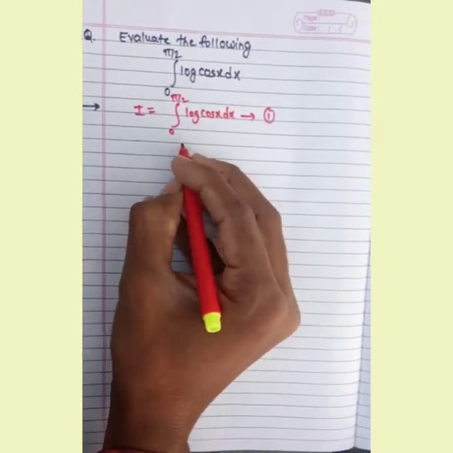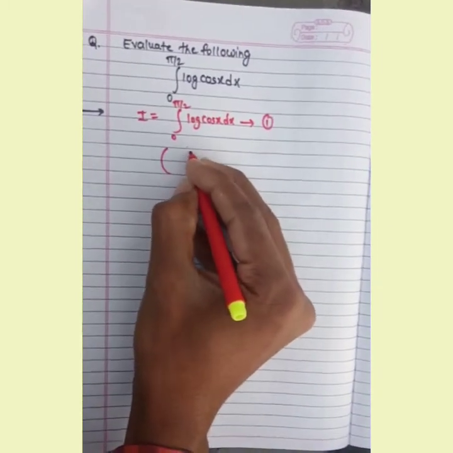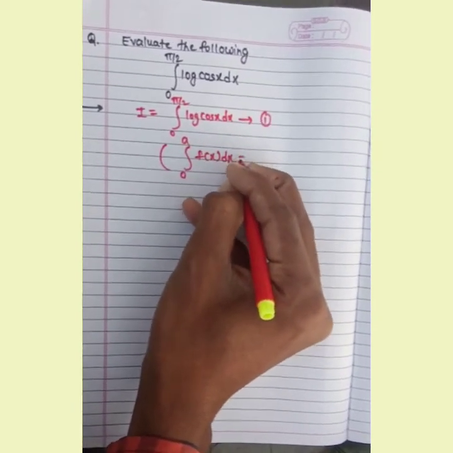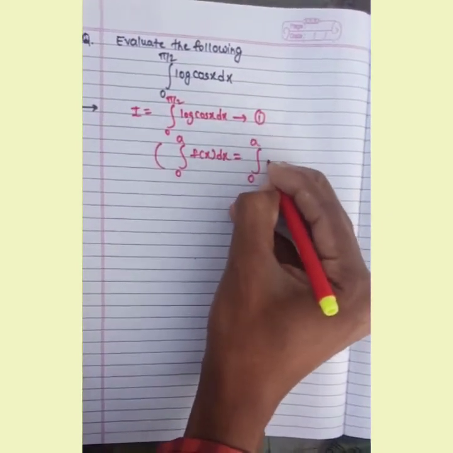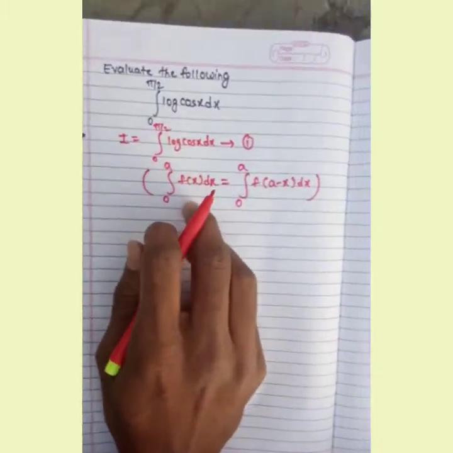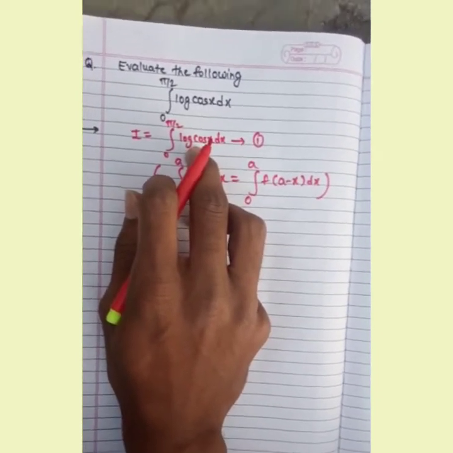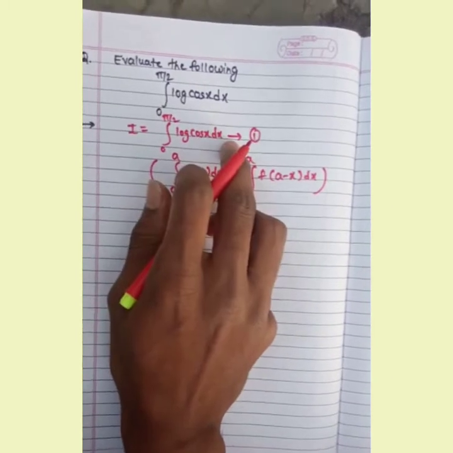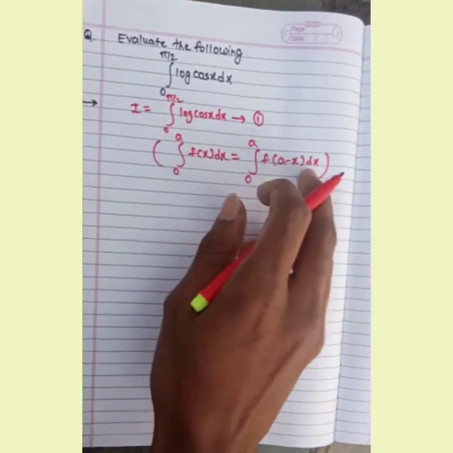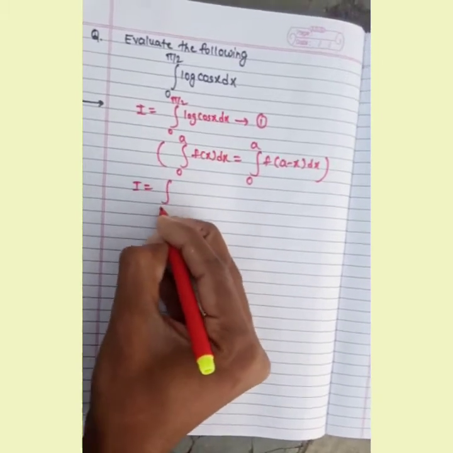In the next step we will use the property of definite integral, that is, integration from 0 to a f of x dx is equals to integration from 0 to a f of a minus x dx. We are using this property for the simplification of our given integral, so we can easily solve the given question. After applying this property to our given integral, we will get I is equals to integration from 0 to pi by 2